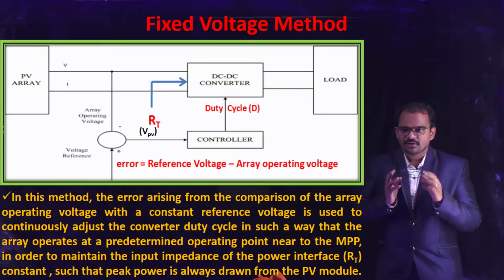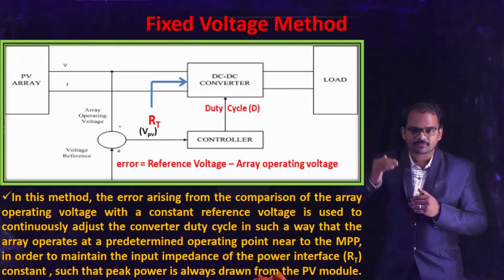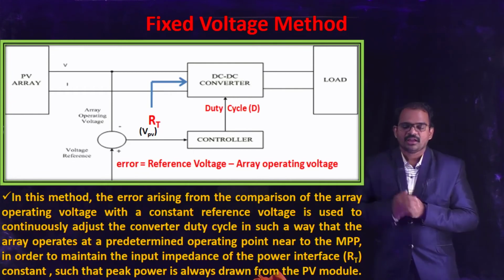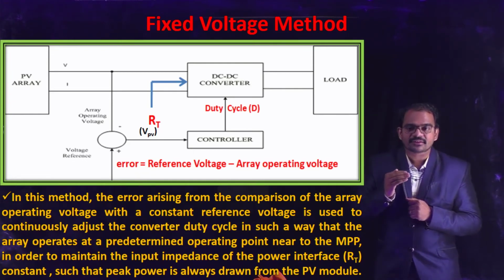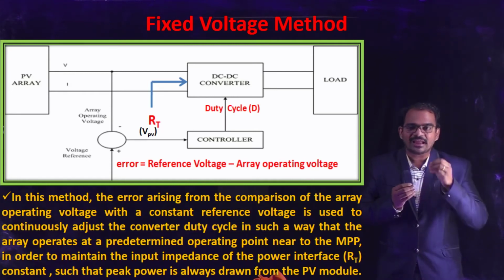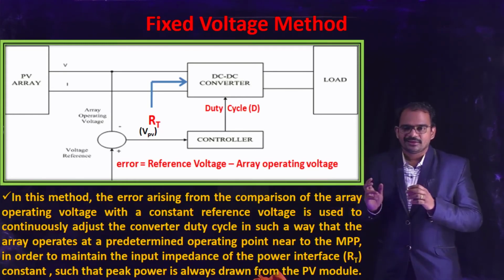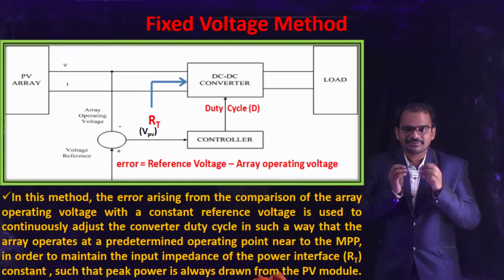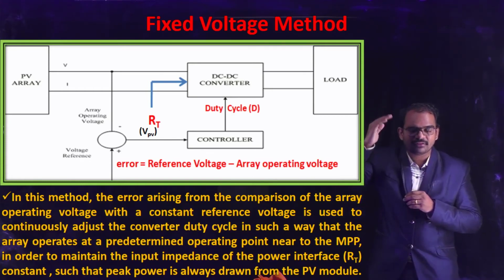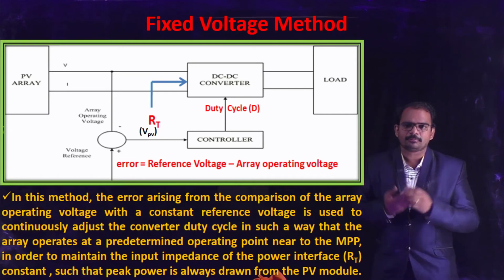Now what happens? Now you can see it there clearly. At every instant we will take the output from the PV array, which is called VPV. That VPV is compared with the reference voltage. What is the reference voltage? This reference voltage is the voltage at which the solar panel will deliver the maximum power to the load, and that will be obtained from the IV characteristics of a PV module. That Vm is taken as a reference voltage. So at each and every instant we compare the array operating voltage VPV with the reference voltage Vm, and when both are equal, it is nothing but maximum power point operation.